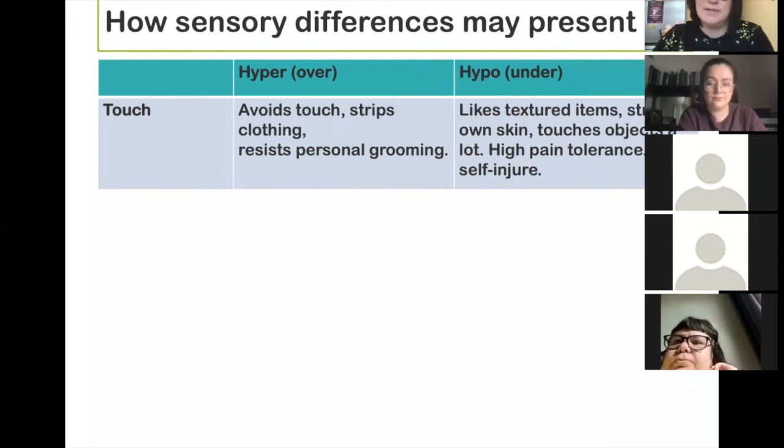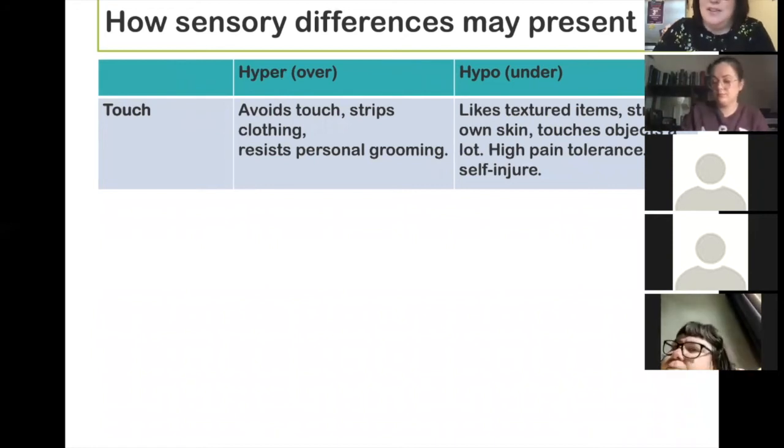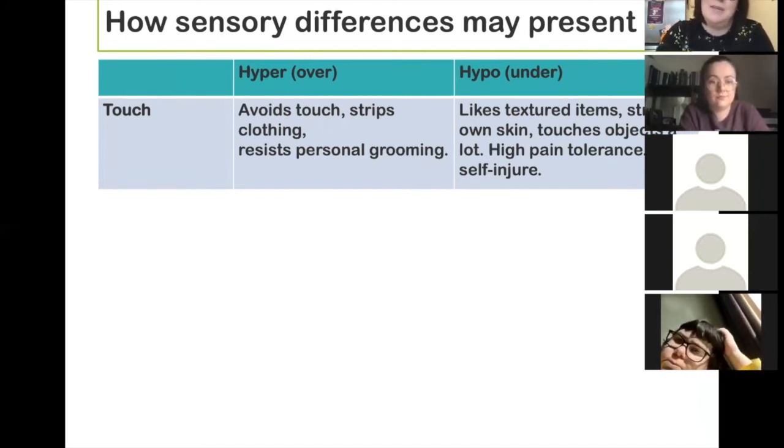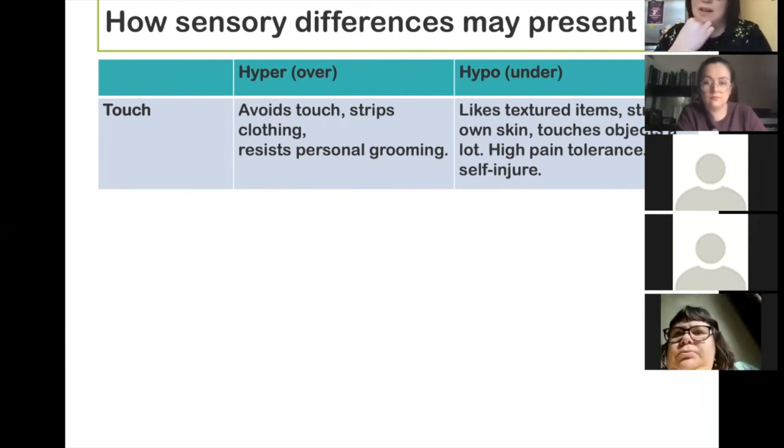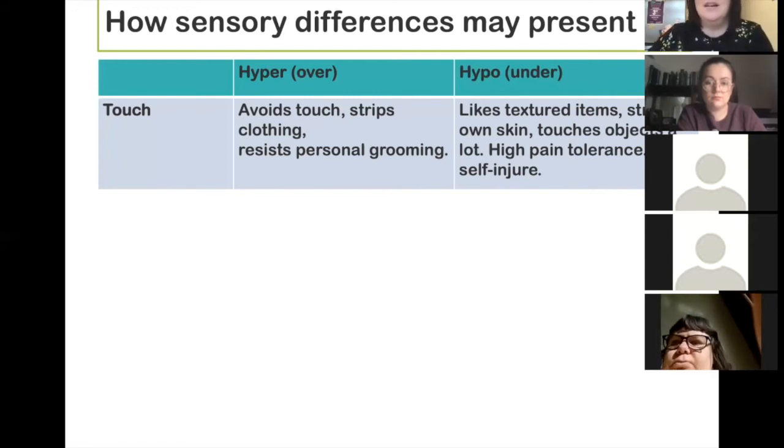So moving through the senses, so touch. If someone's oversensitive to touch, again, they're going to avoid it, aren't they? They're going to try and avoid touch. They're going to strip their clothing off sometimes, potentially, particularly if it's got those seams and labels that they find difficult. They might not want to engage in personal care. That might be something they find quite difficult. Showers can be quite difficult sometimes for people who have got that oversensitivity, or they might need the shower to be a little bit more powerful. Sometimes if it's a light drip, it can be more painful than a much more powerful sensation. So just being aware of that sometimes.